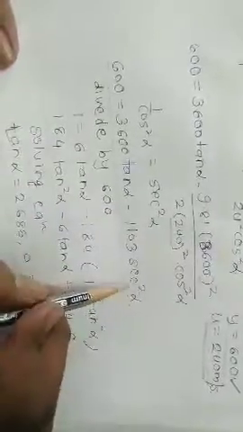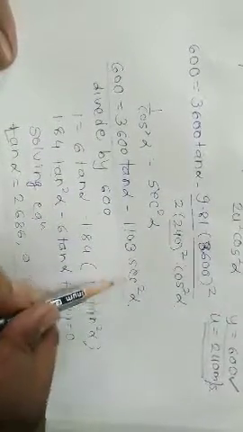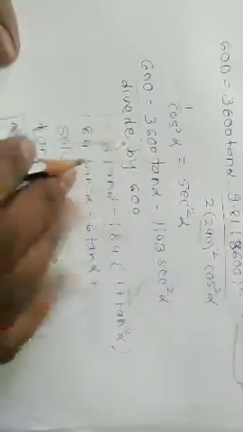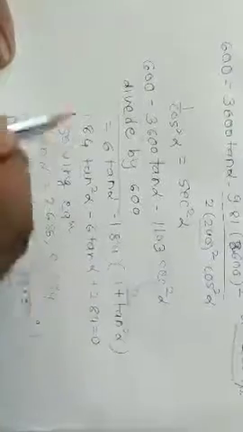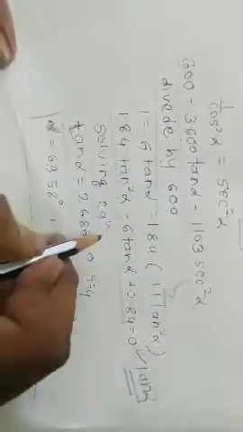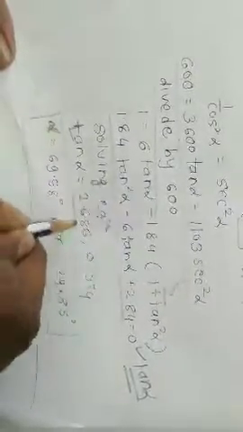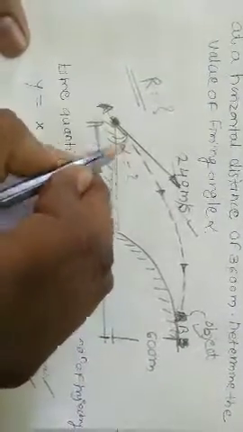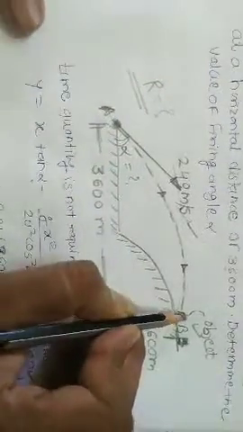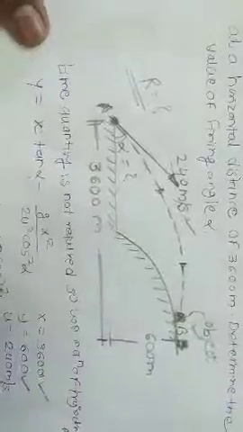Again we know the substitution for sec square alpha is 1 plus tan square alpha. So, divided by 600, we'll get this. Then the total equation will become quadratic in terms of tan alpha, and solving this equation we'll get two values of alpha: 69 degrees and 29 degrees. So with these two angles you can fire this projectile and it will hit the object at B. One more thing in